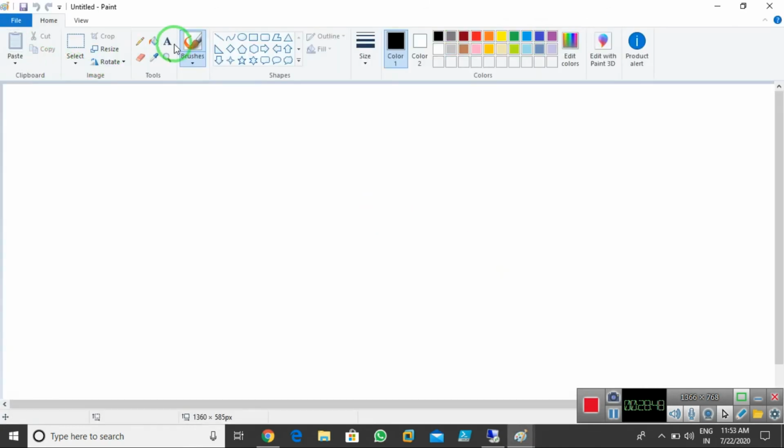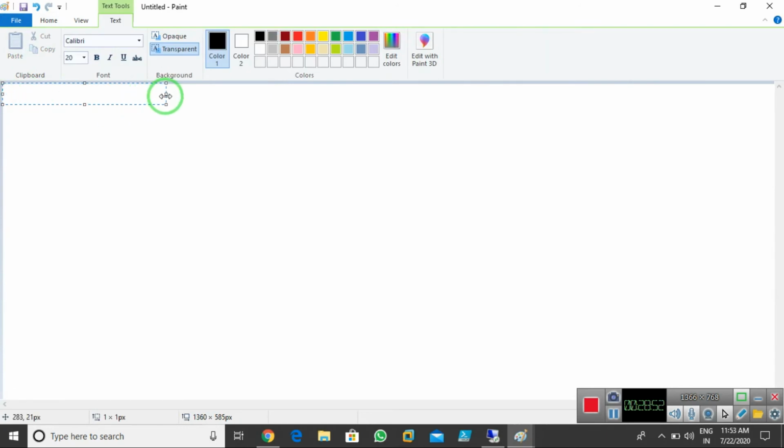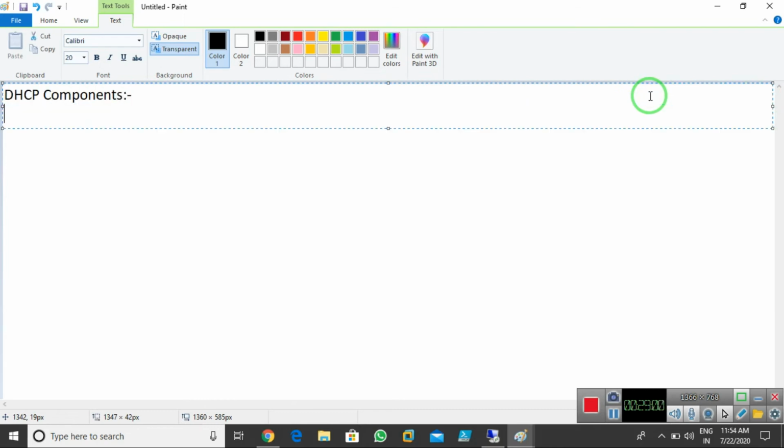We need to understand the DHCP components which are provided. After installing the DHCP services, we have DHCP components. Number one is DHCP scopes.